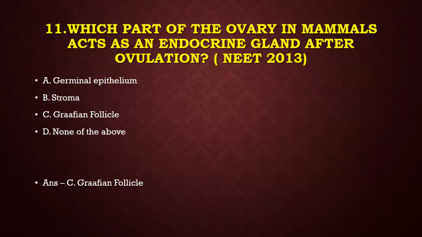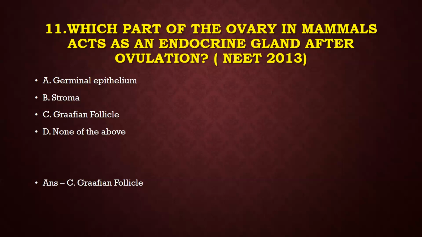Now, what do you mean by endocrine gland and how does it work? An endocrine gland is nothing but which produces hormones, which releases hormones for the regulation of the body. Clear? So an endocrine gland releases hormones for the regulation of the body. So after ovulation, that is the release of the ovum,